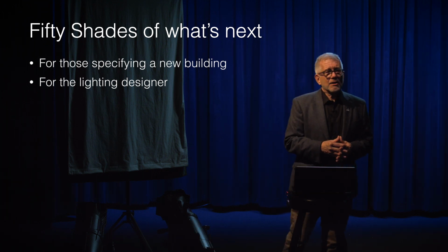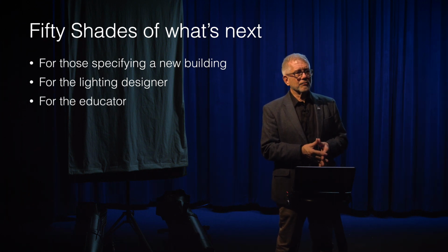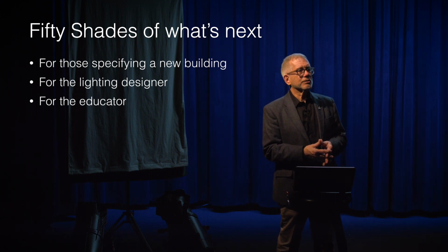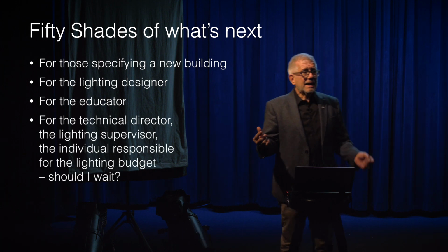So if you're a lighting designer, all those rules are changing out from under you. If you're an educator and you're not teaching your kids about this stuff, you're doing them a giant disservice. Because this is the world that they're going to be getting out into. They're going to be moving into this LED world, this hybrid world, some tungsten-halogen fixtures, some LED fixtures. And finally,